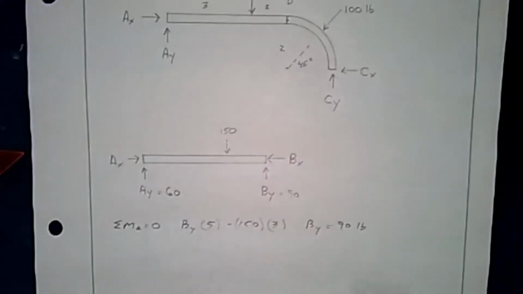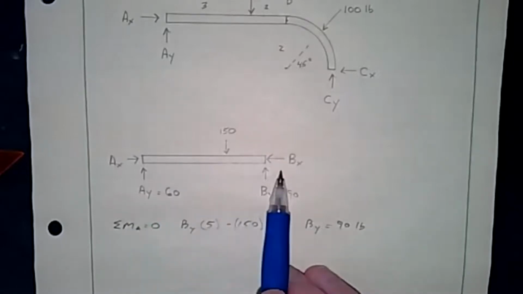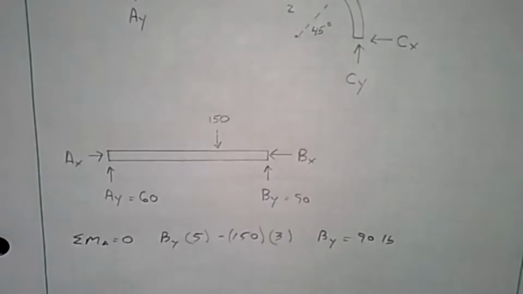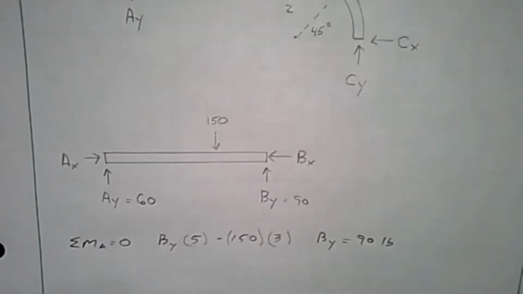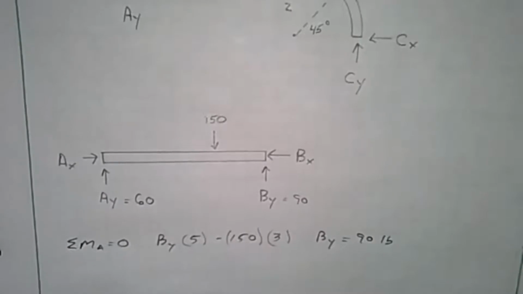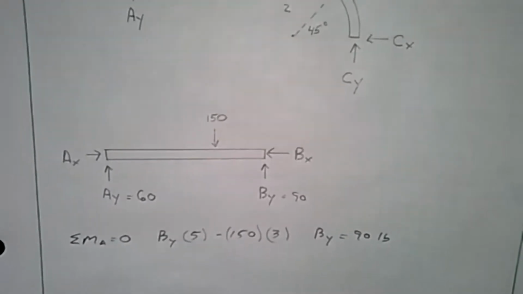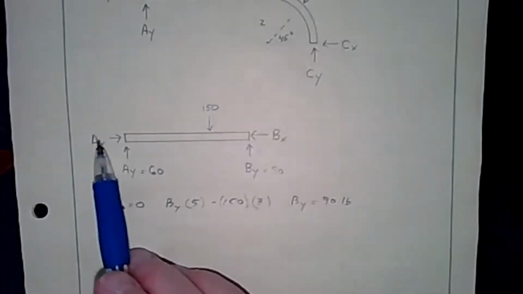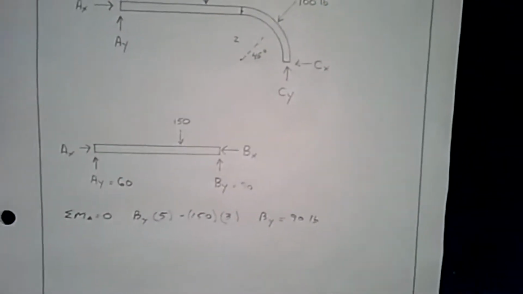Okay, so we know that, but AX and BX, all we can know is that they're equal and opposite. And even that, we don't know necessarily that they point inward like that. We still have to establish that. So now we have to go and look at the other piece, since we can't do any more with that. Now remember, we're trying to find AY, AX and CY, CX. So if we go ahead,